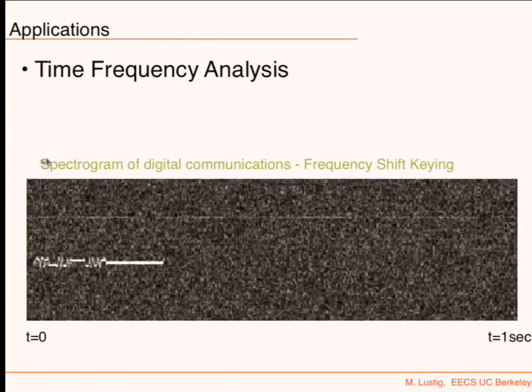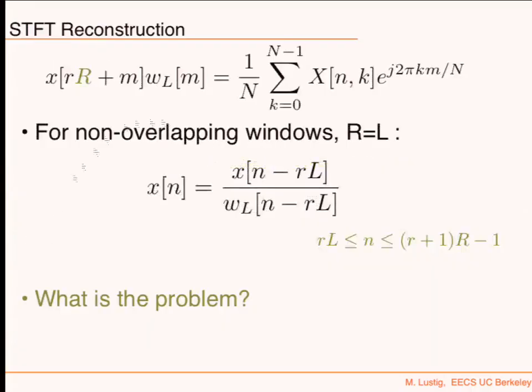This is basically a DFT of a certain window, so I just take the inverse DFT of this one column. That corresponds to a single chunk, or a block of data, multiplied by a window. If I want to reconstruct the time signal, I need to divide by that window in order to equalize it,